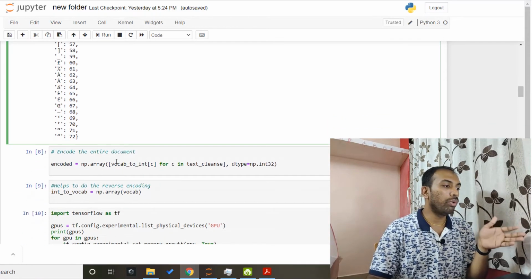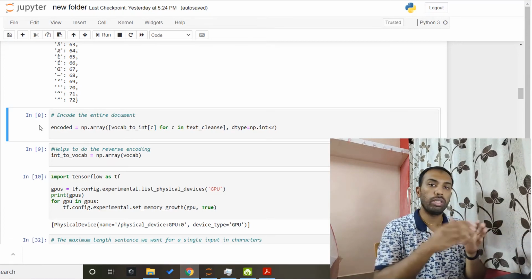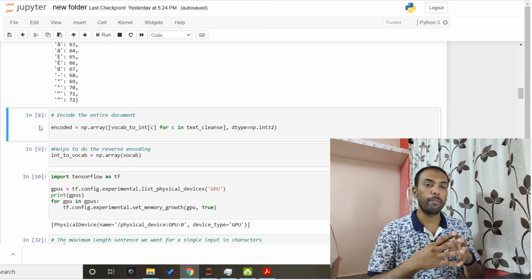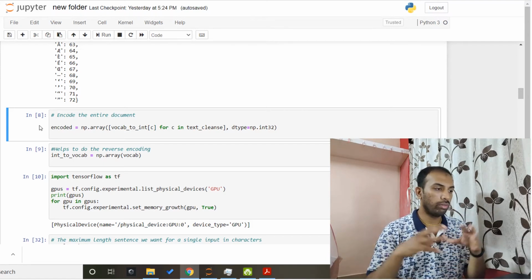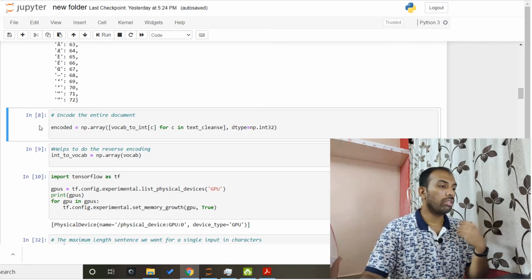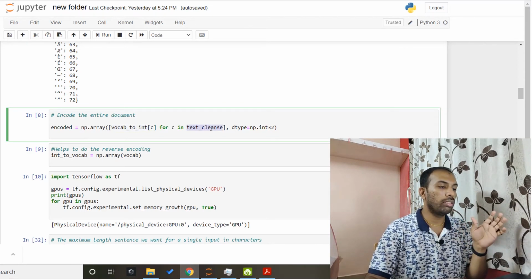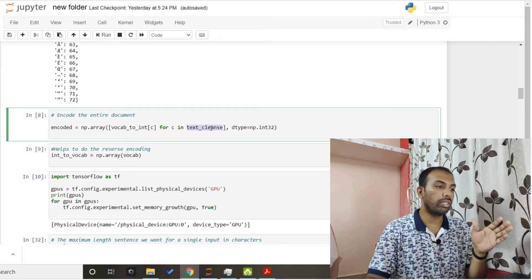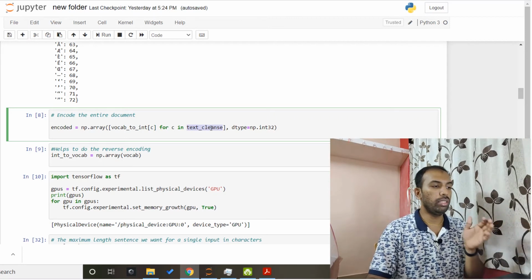Then you go into the actual encoding part. Encoding is converting your sequence of characters to numbers. Since we plan to convert our book, a Sherlock Holmes book, entirely into a sequence of numbers, this is how you do it. You use the dictionary as reference. Text cleanse, if you recall, is where you saved the entire book in a list format.